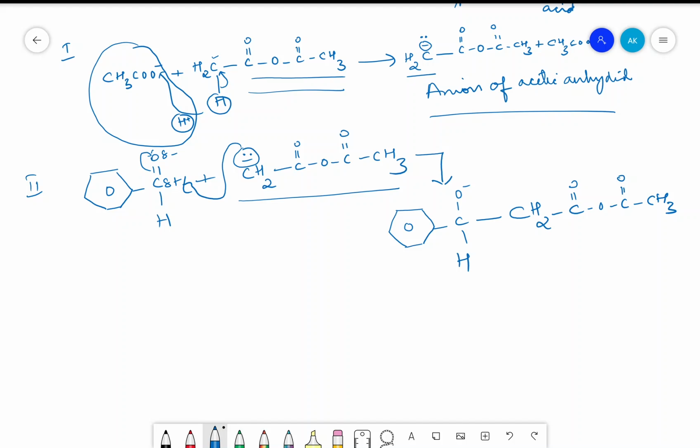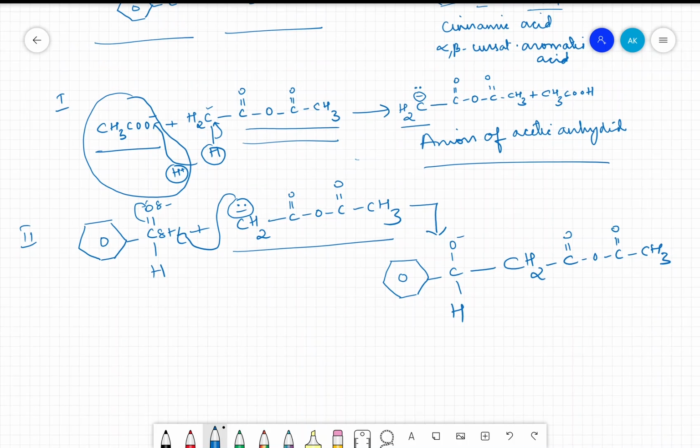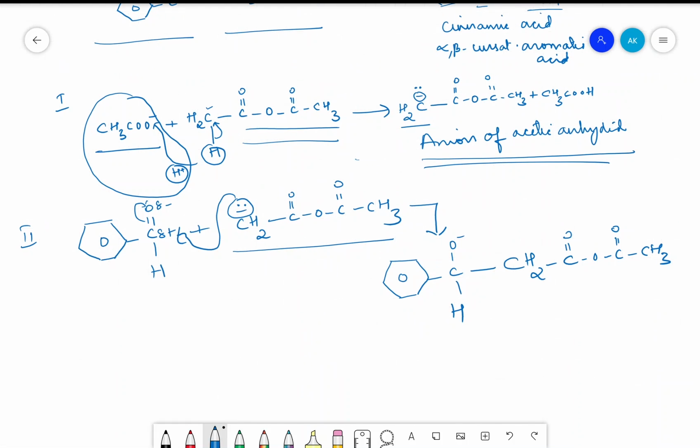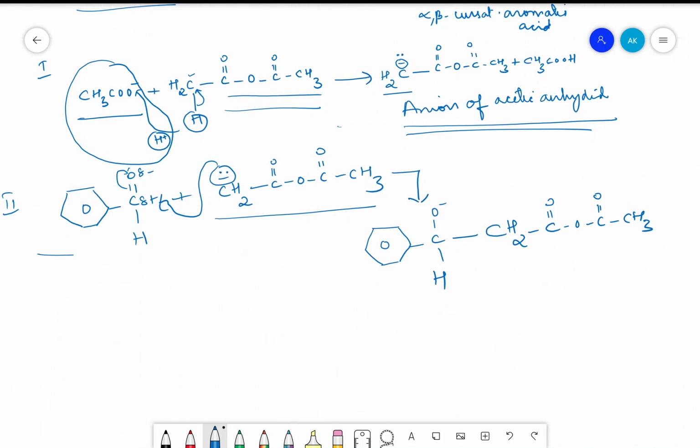In the first step, the acetate ion, that was this compound, reacted with acetic anhydride, which leads to the formation of the anion of acetic anhydride. The anion of acetic anhydride is going to combine with benzaldehyde, and that leads to a condensed intermediate. This condensed intermediate is going to